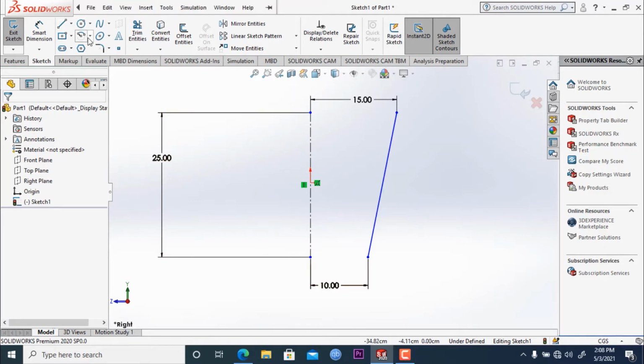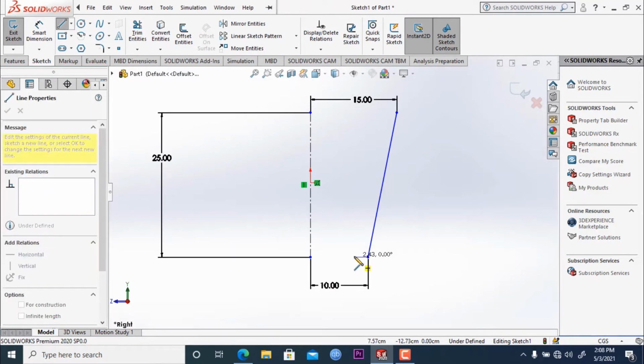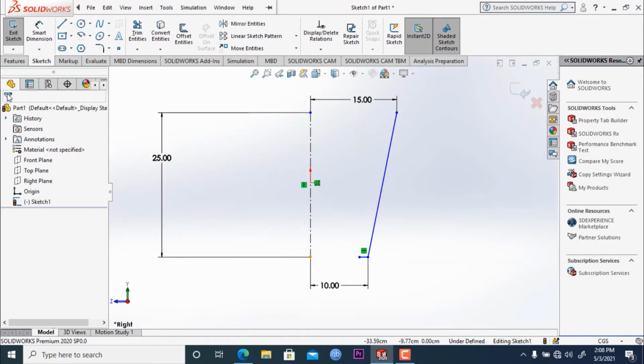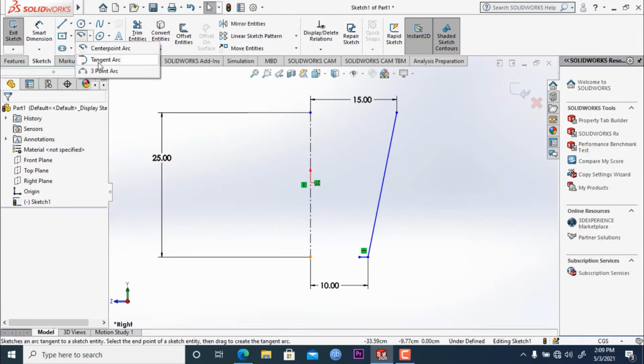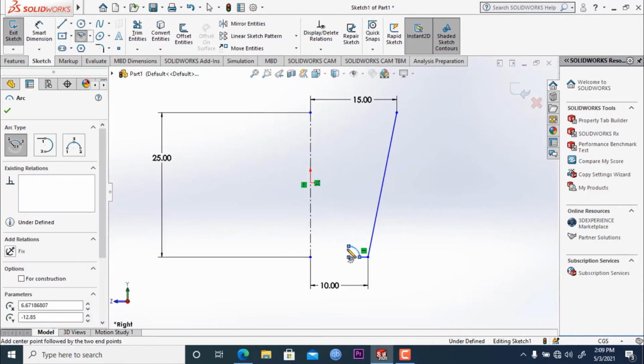To do this, let's click on line again and draw a center line here. Draw a line here. Let's click OK. And now let's select the center point arc here, and we will draw an arc like this.